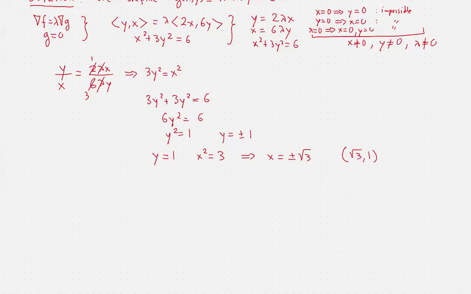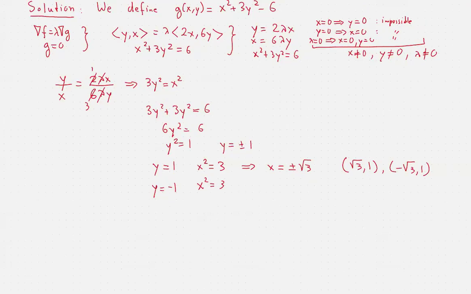If y is equal to negative 1, we have exactly the same thing. So x squared is equal to 3. Again, we go back to the constraint. Let's make sure that everybody understands this. We go back to the constraint and we plug in y squared equals 1, which gives us x squared plus 3 is equal to 6, which simplifies to x squared equals 3. So again, we get x is equal to plus or minus square root of 3. That gives 2 more points. And we get a total of 4